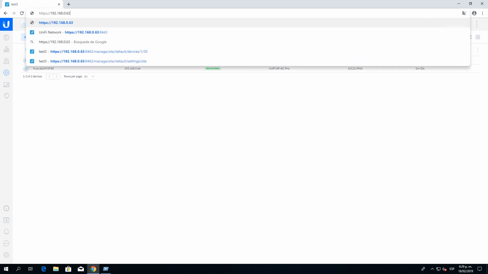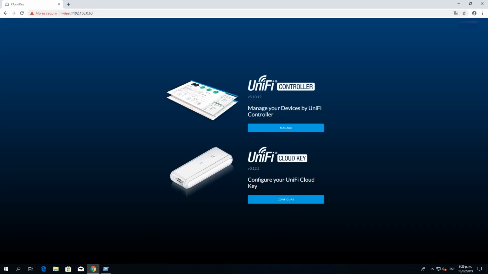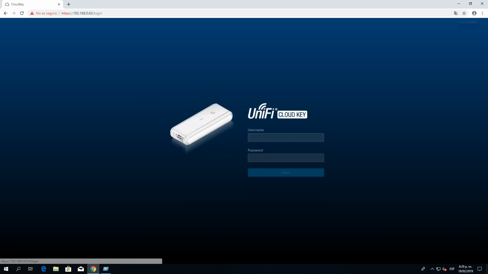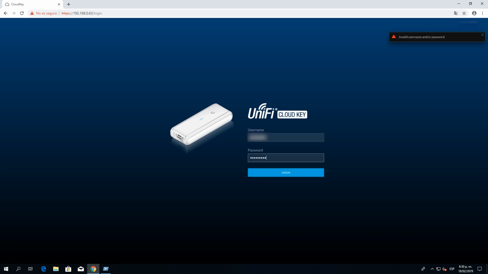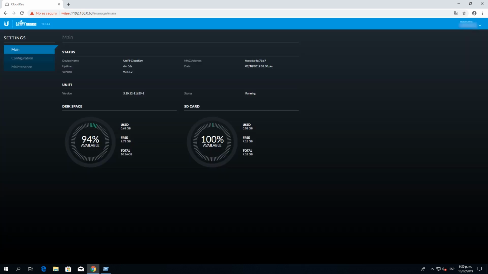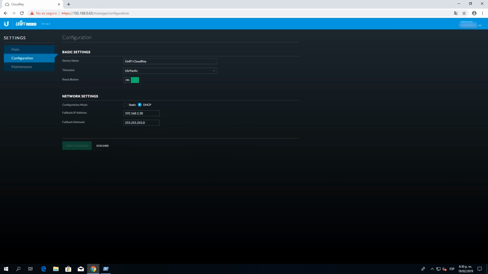If you access the IP without the port, you're going to access this two-option page where you have access to the configuration of your network and personalization, or access to the cloud key and the basic network settings of your device. Right here, you're going to see the configuration panel of the cloud key, and in configuration you can make changes to the name of the device, the time zone,